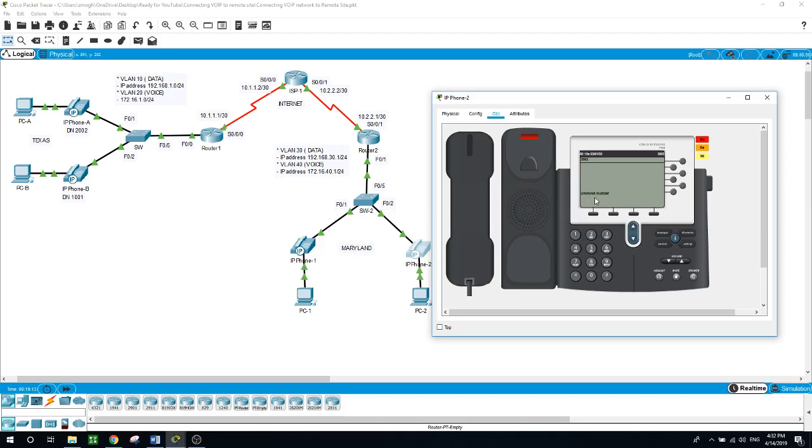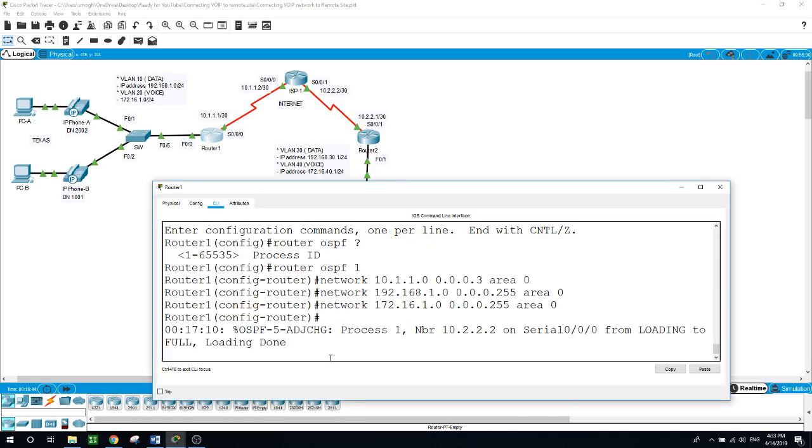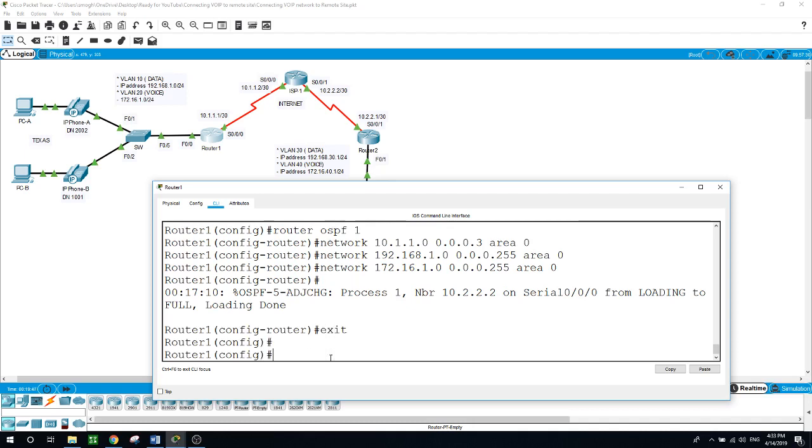Why? Because now we need to configure the routers here, so the IP phones on the Maryland side can dial the numbers on the Texas side. We need to configure the dial peer here and to configure a VoIP network. So on router 1, what we will be doing,